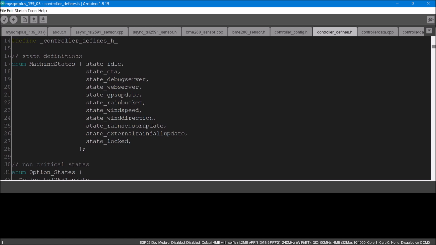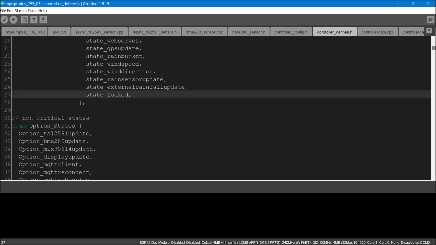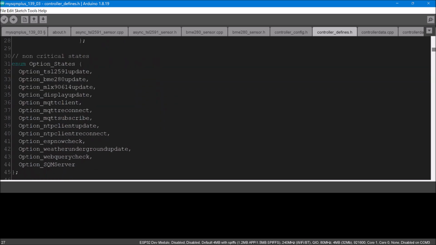Right, so here we are in the defines file, and as you saw, a lot of them have gone, they're no longer there. And I was thinking to myself, I decided to make these ones machine states and put all the others in a different